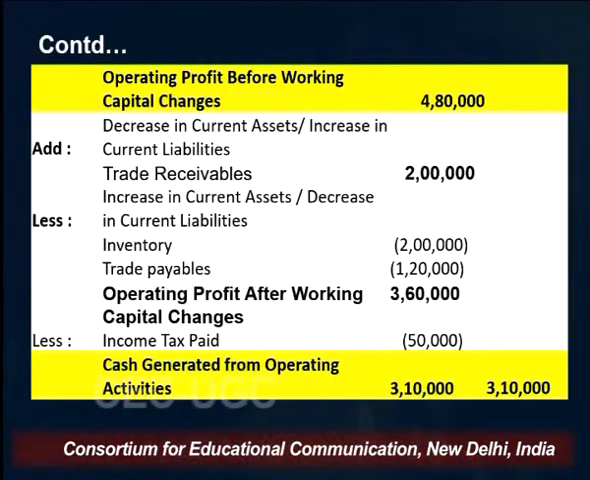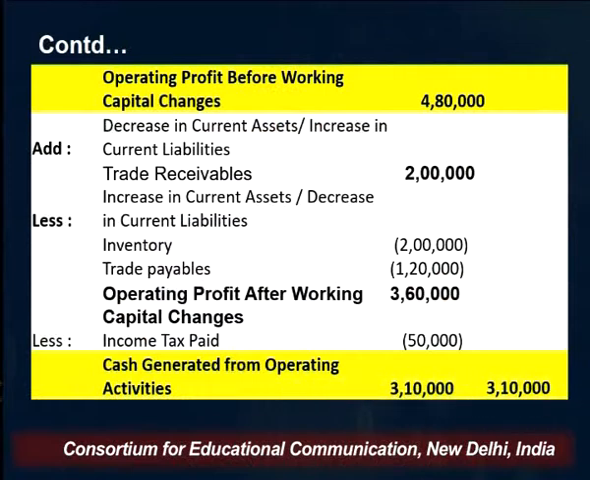Operating profit after working capital changes. Once it is done, 95% of your job is done, which belongs to operating activity. So you can take a sigh of relief that now I have found operating profit after working capital changes. 3,60,000 is the value. Now before ending it, before calling it to be a